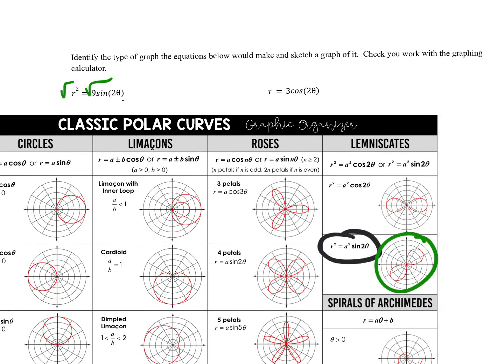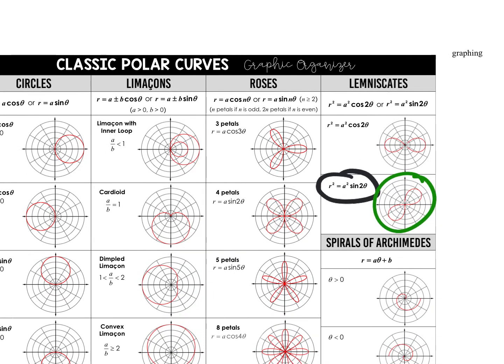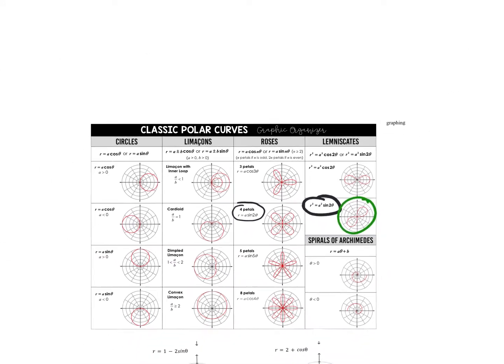So if I have 3 cosine 2 theta, it's going to be similar to this sine one. It doesn't have a specific cosine of 2 theta, but it's very similar to this one. Cosine in general is more oriented around the axis versus the origin. But for this rose,